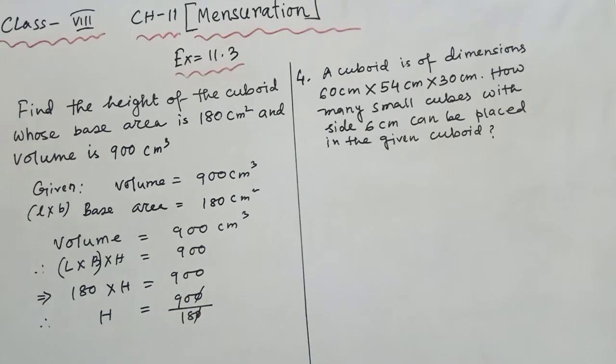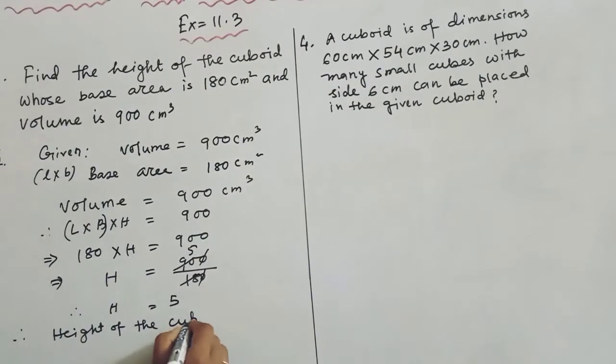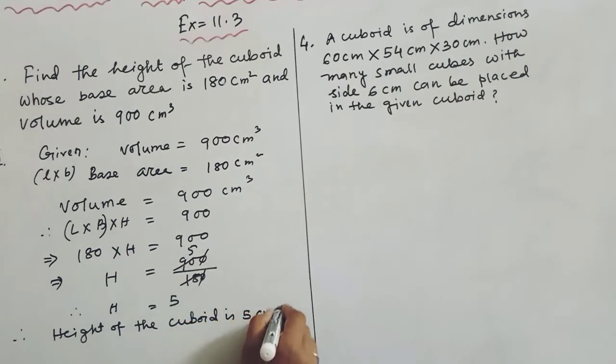The zeros you can cancel. Now it will be 5. Therefore, height is equal to 5 centimeter. Therefore, height of the cuboid is 5 centimeter. Next question is